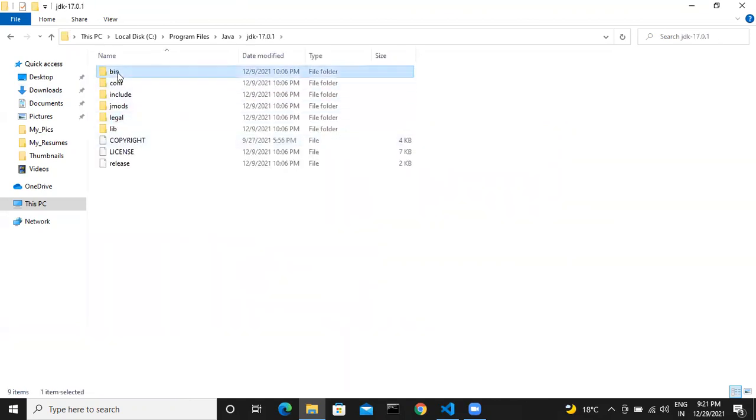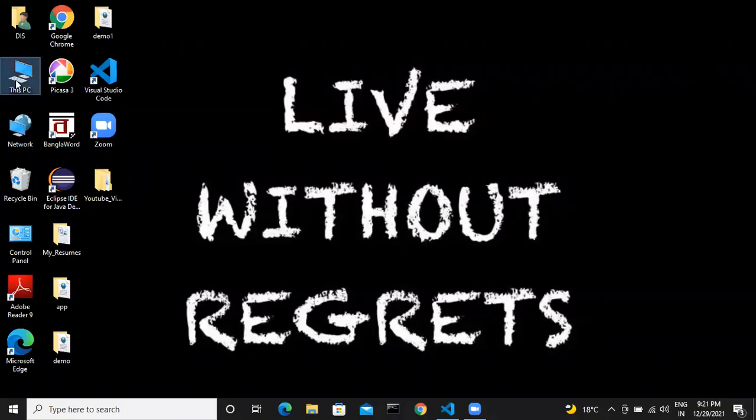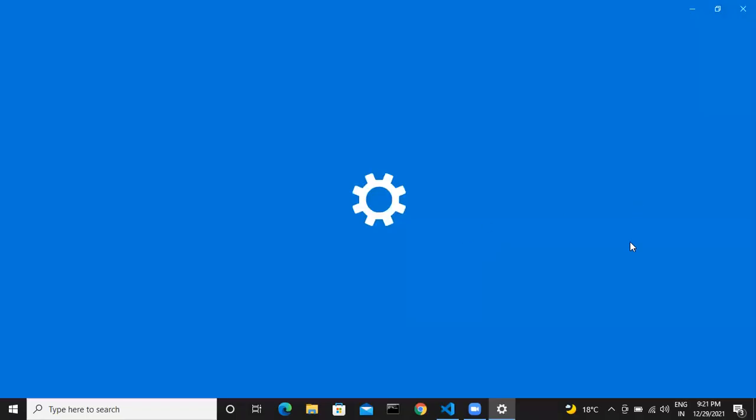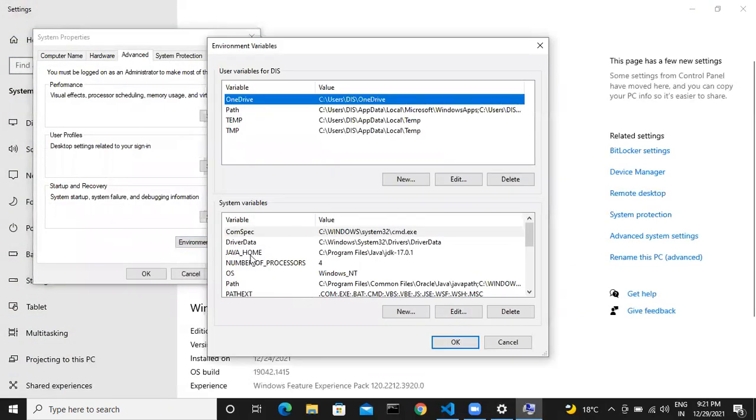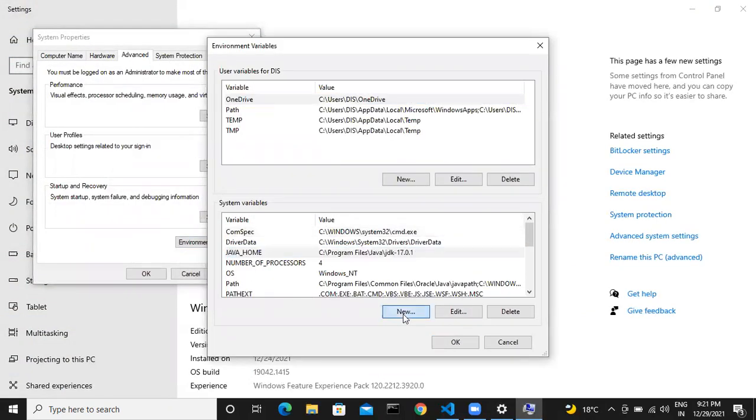Okay. So you have to copy this path. After the copy is complete, you have to open environment variables. Here you have to paste the path.